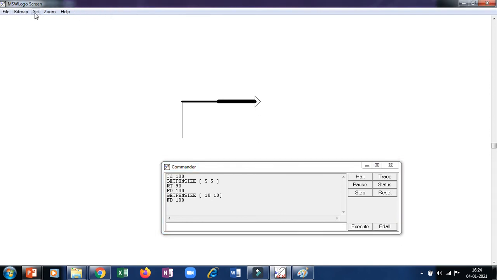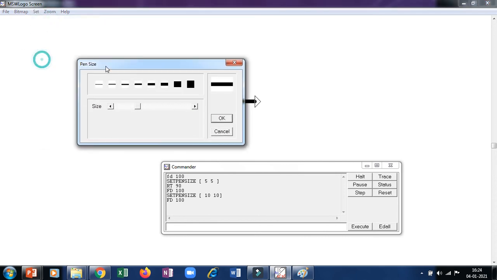Click on the set tab, this is a set tab, click on that and click on pen size. Okay, we want to change the pen size, so you have to click on the pen size option. When you click, you will get the pen size dialog box. Now you can see many buttons are there. Whichever button you like, which thickness you like, you can click on that, and when you click, it will be shown over here which option you have selected. Okay, this way,